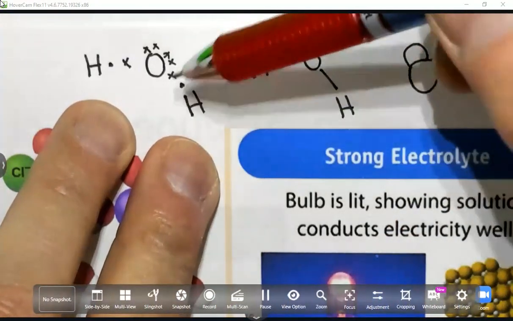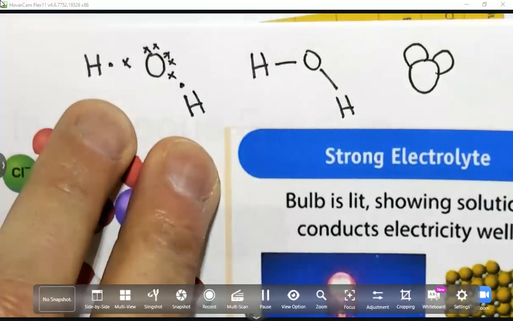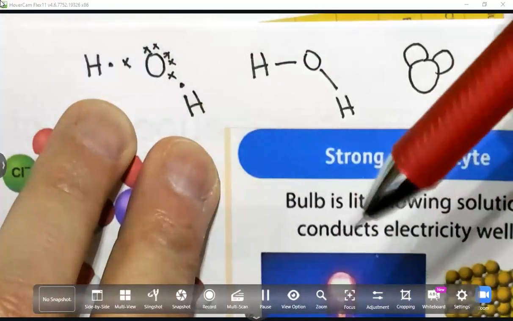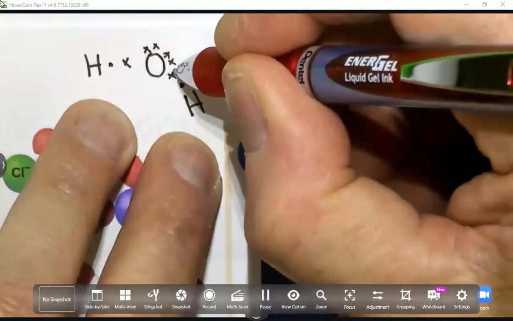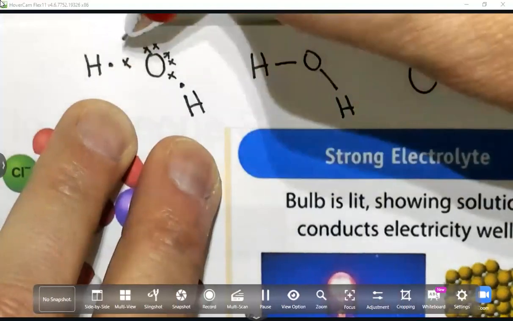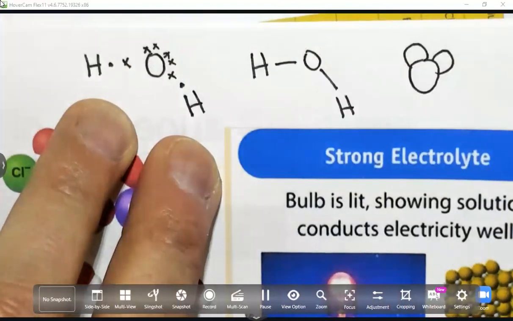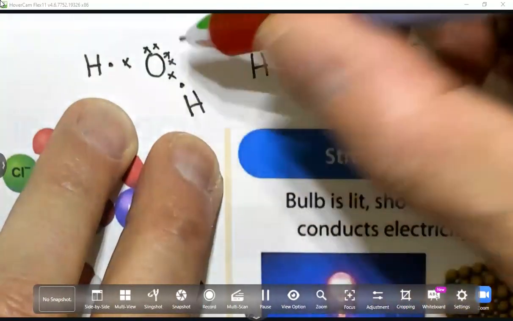Well, it turns out, as you can see, there's a pair of electrons that make a bond. One of these electrons here is from hydrogen. The other electron's from oxygen. Likewise here, 1 electron from hydrogen, 1 electron from oxygen. Now, you can never trust an electron to do what you think it's going to do. Well, it turns out that